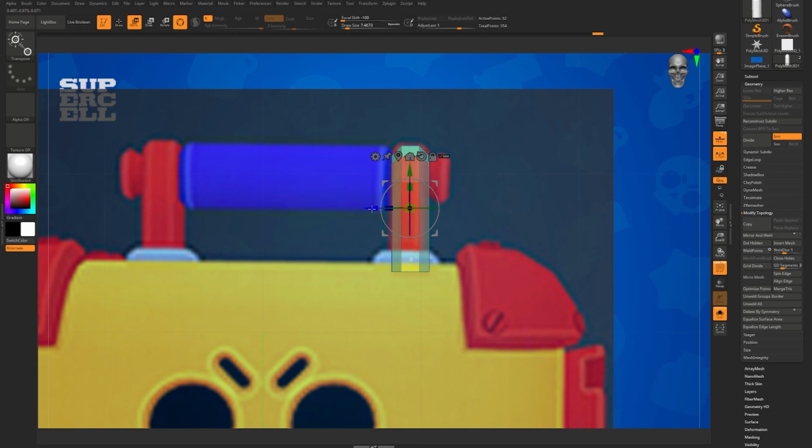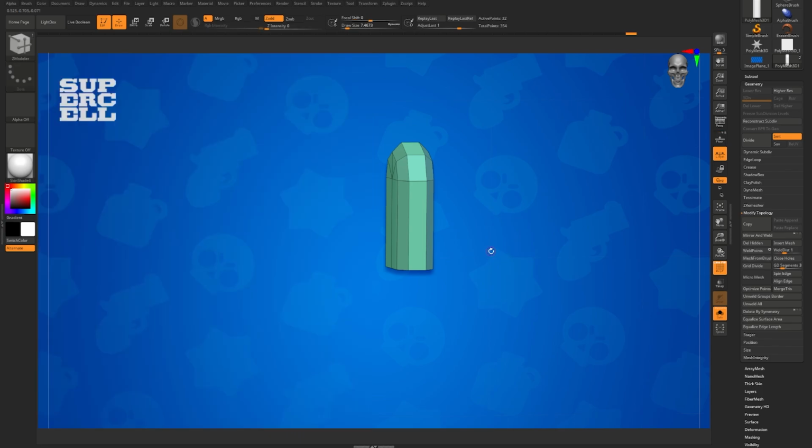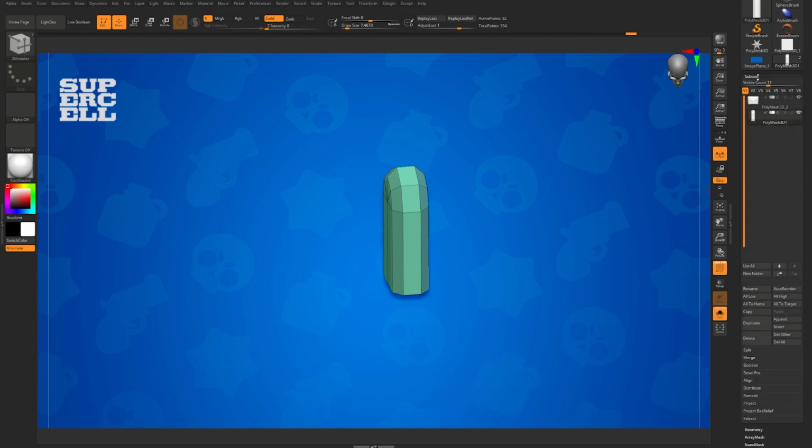Now let's maybe position a little bit better. Maybe here. Okay, I think this is good. And okay, before we flip this to the other side, let's try to do this bottom thing right here. And for doing that, let me remove Shift P. What we're going to do here in Subtool, you have these options here, and then let's click on Duplicate. Okay, now we have one more mesh. They are exactly in the same place. The only thing we are going to do here,